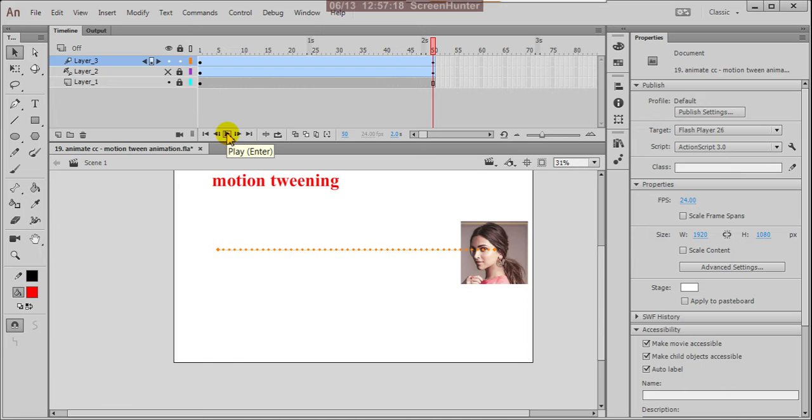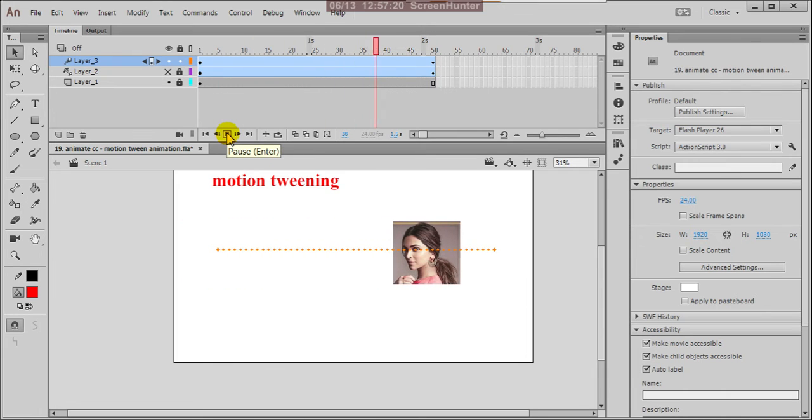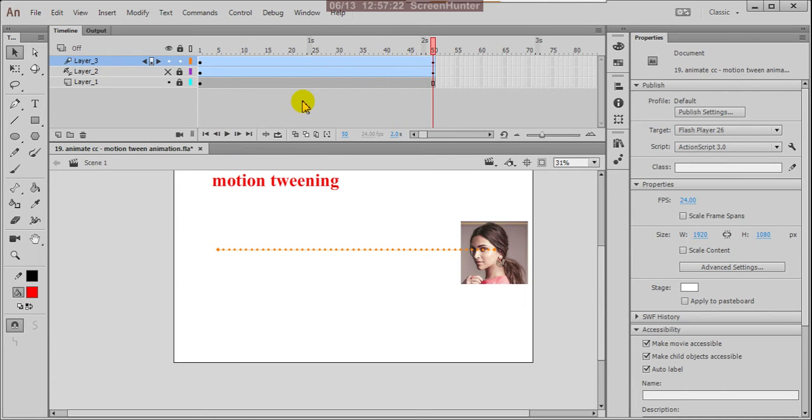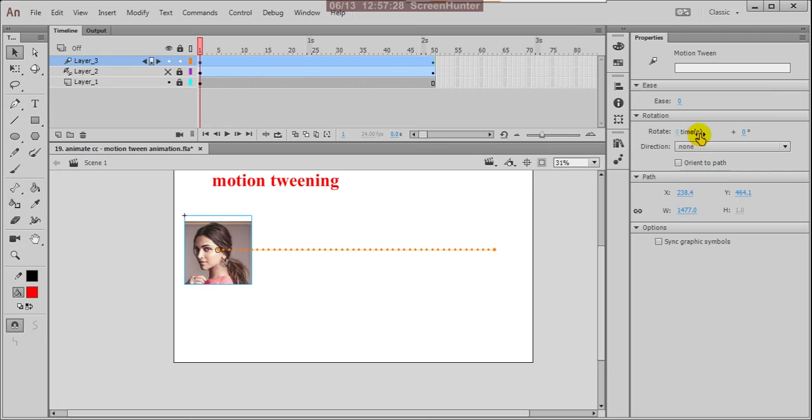Now just click and see this. See, nicely she's rolling. And suppose I give the rotations also here, slow in, I'm giving slow out, and I'm giving rotations of 3.